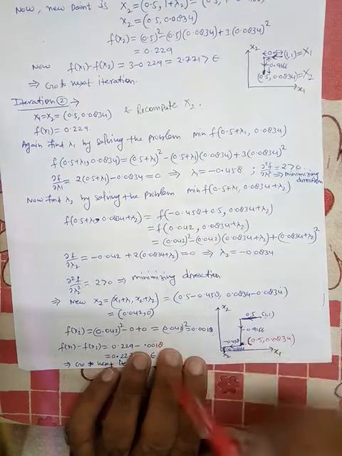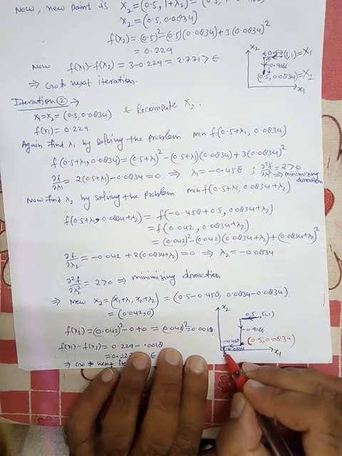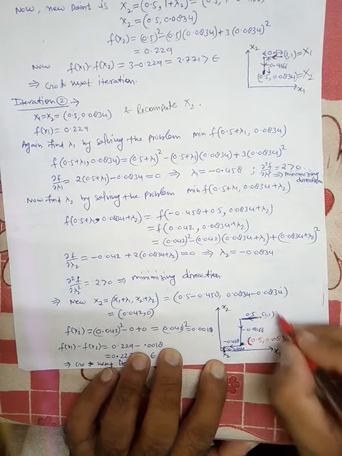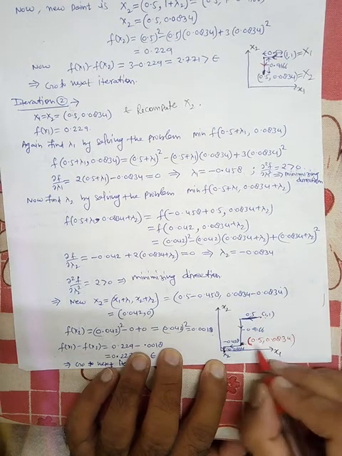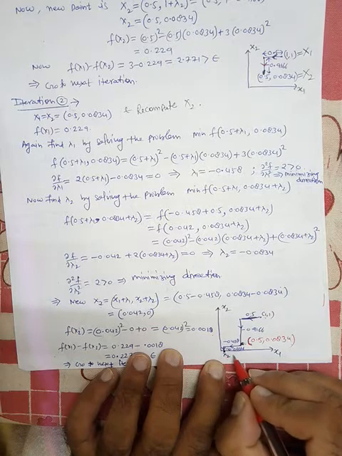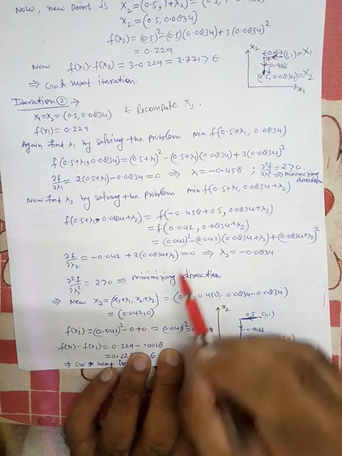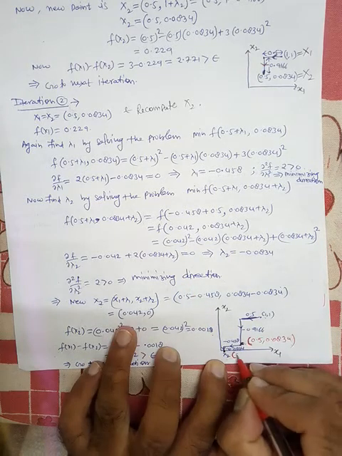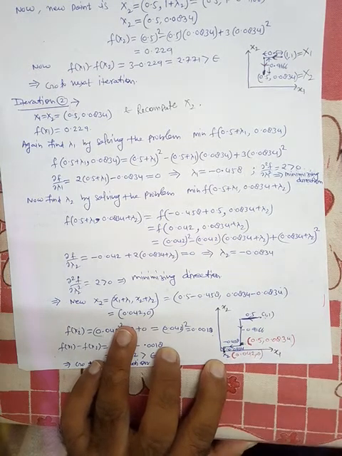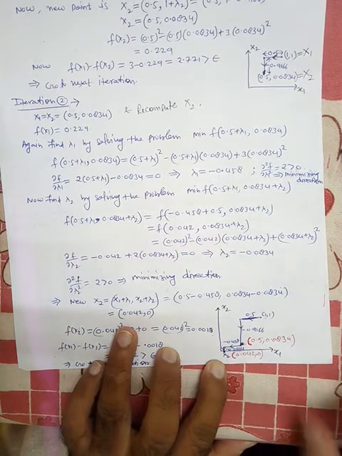After the second iteration, we reached this point x2. This is the starting point, then this is the new point after iteration number 1, and this is the new point after iteration number 2. What is the point? The point is 0.042 and 0. Okay, now